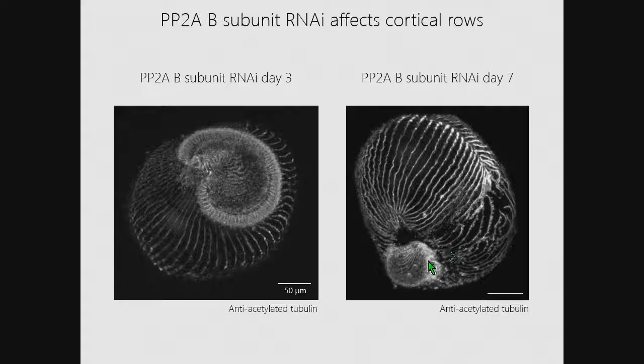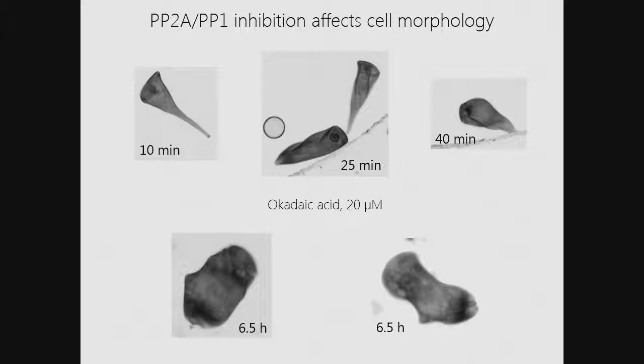So I would love to understand how is this even possible, and why exactly would the mouth be resorbed in such a dramatic way over time. So in addition to the RNAi, I inhibited PP2A with okadaic acid, and actually using quite a high concentration of it. This drug is known to inhibit PP1 and PP2A. And what you can see as well is that over time you see the folds on